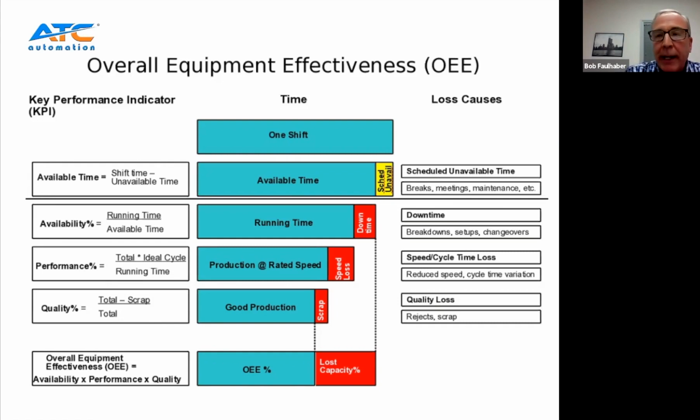Before we do any calculations, we first have to identify what we have planned to be down over that shift of production. So we take that total shift of time, let's say it's 8 hours, and we have 15 minutes of scheduled maintenance, maybe a changeover in there as well. We have 15 minutes. So our available time now becomes 7.5 hours, or 7 hours and 15 minutes.